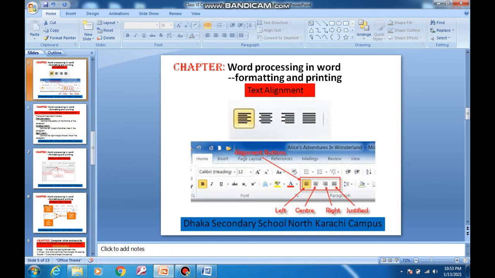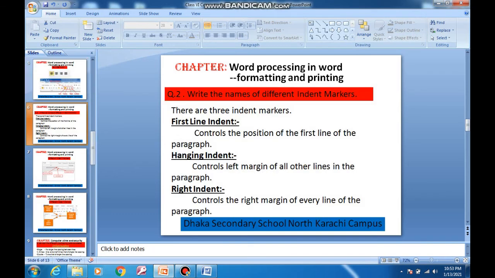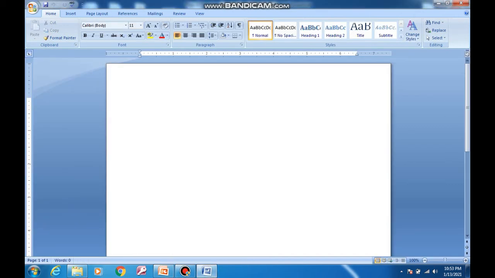Second question, different indent markers. We can see the different indent markers on the desktop of Microsoft Word. This is the indent marker option.